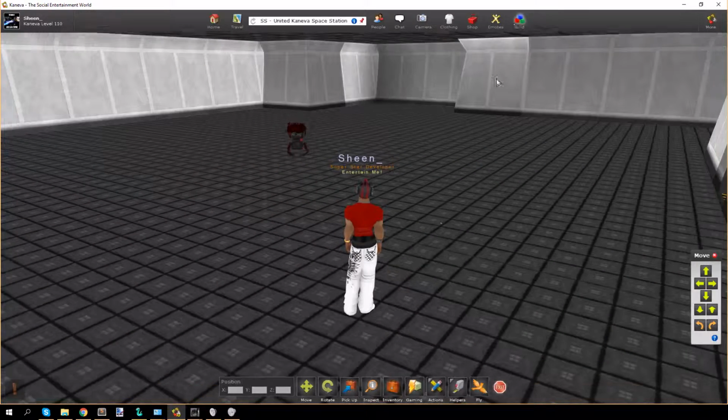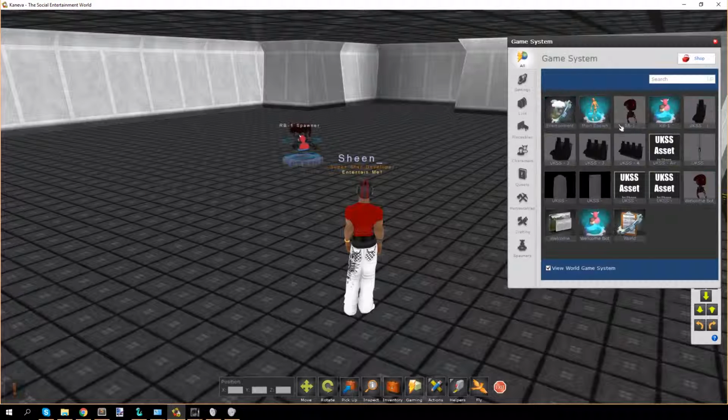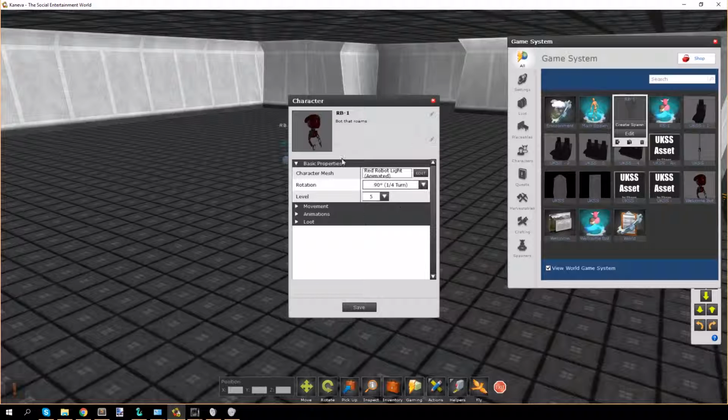So what I'm going to do is open build mode, then click gaming, and then go to this object and click edit. So in the basic properties, I feel like it should have the display name, because